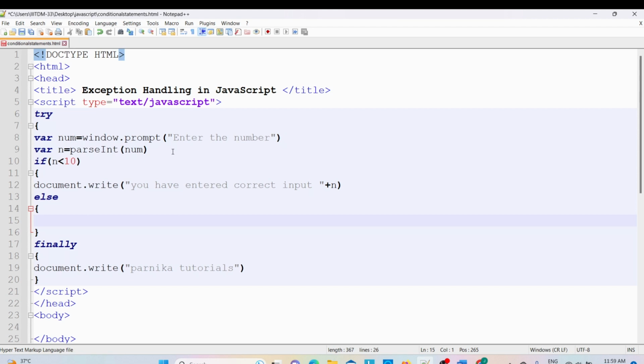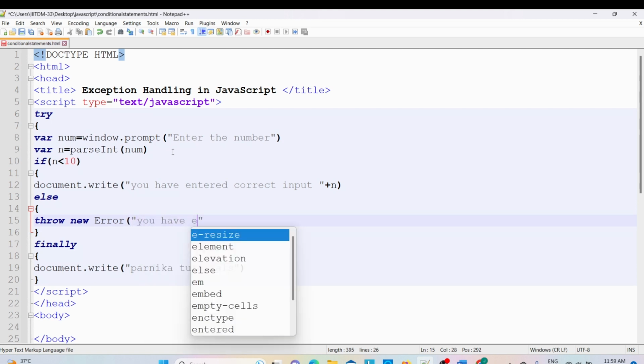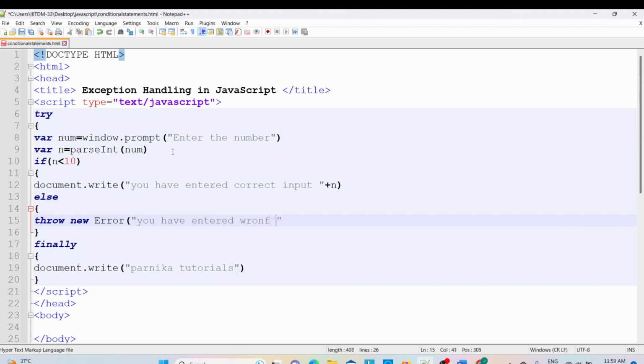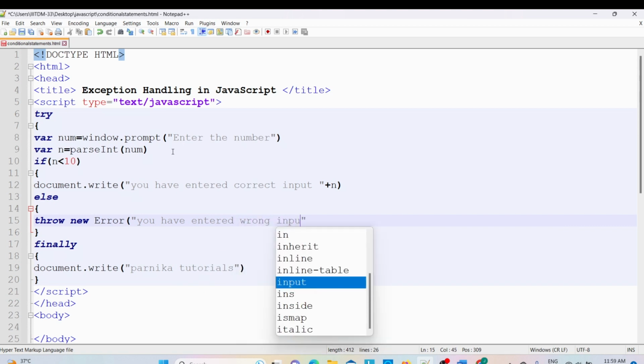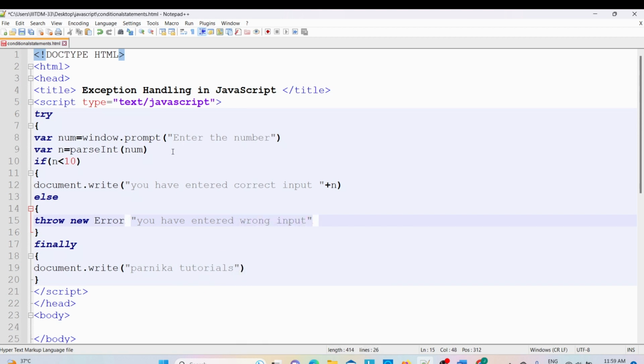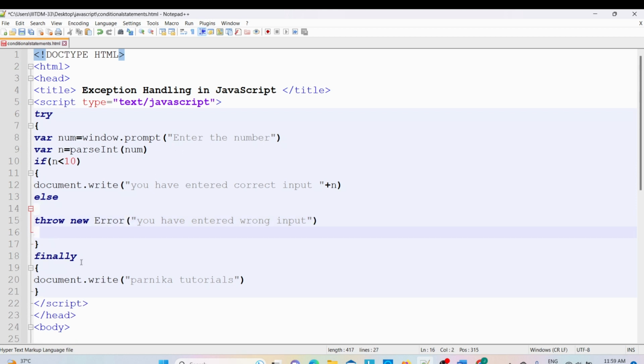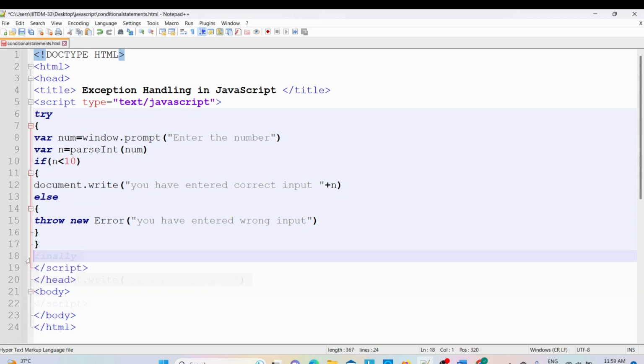If you want to throw a user defined exception, then we need to use the throw statement, and then use the new keyword and Error. Whatever error message you want to pass, you can provide here: you have entered wrong input. This is the message I want to pass. Okay, I have to close the else block, and then in the catch block I want to receive